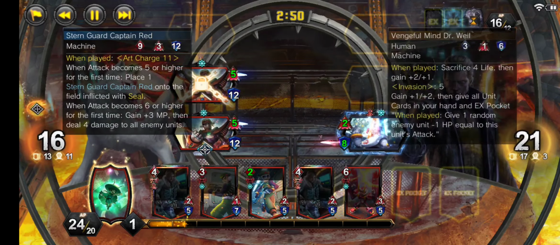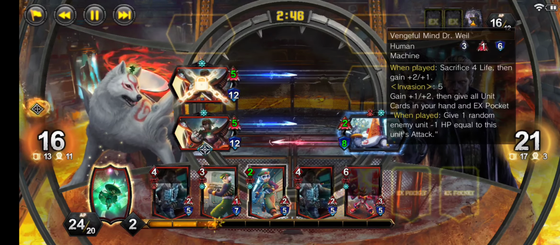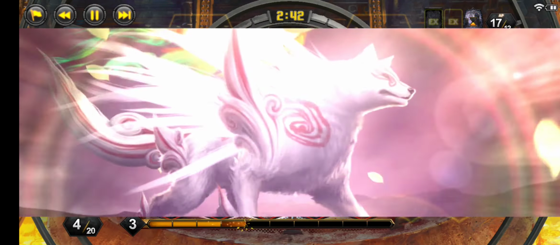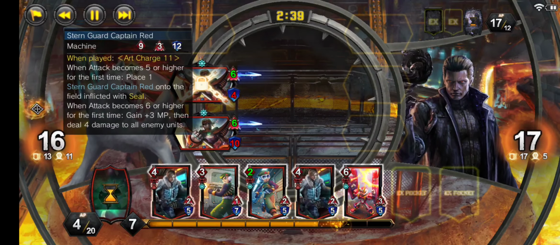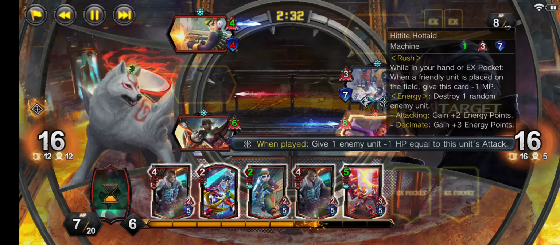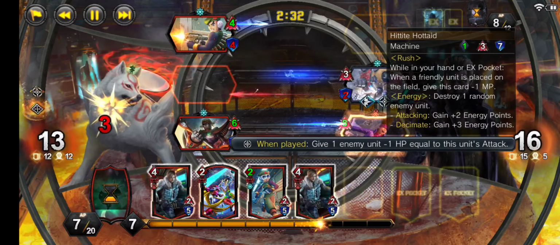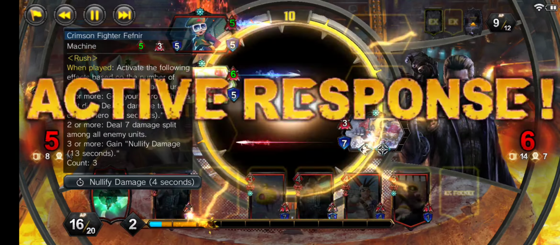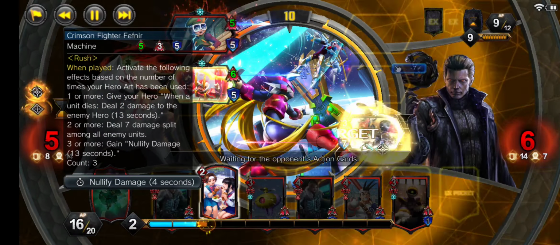Thirsty will invade his Vengeful Mind Dr. Vile, and we will play down our Turn Guard Captain Red, getting real greedy, waiting until right before the attack cycle connects to go for his final effect, clearing the board. Thirsty will then go for a Hitachi Hitode with the effect of Dr. Vile, and his last unit from Bare Knuckle Brawl, we are able to go for our Crimson Fighter Fafnir, and